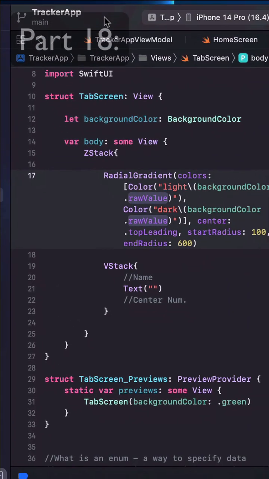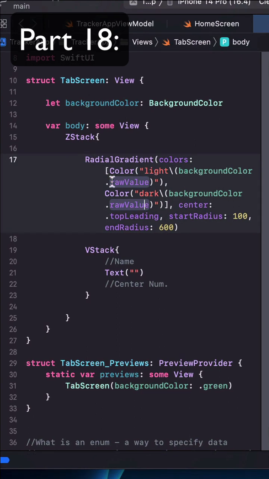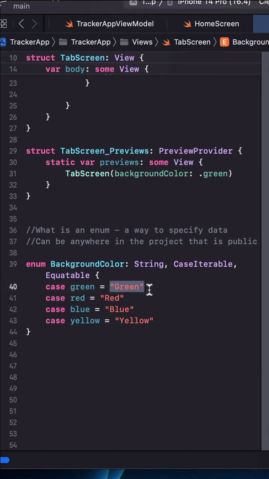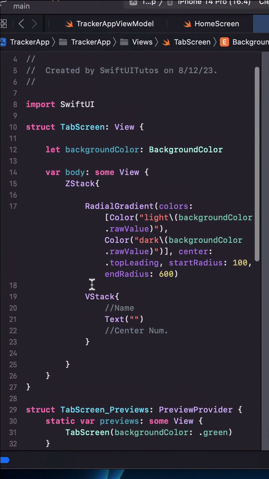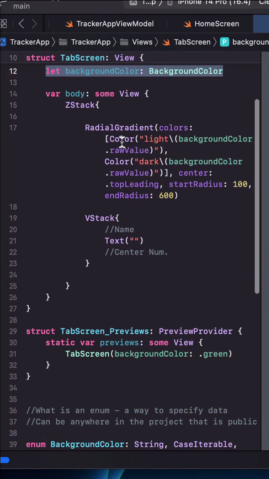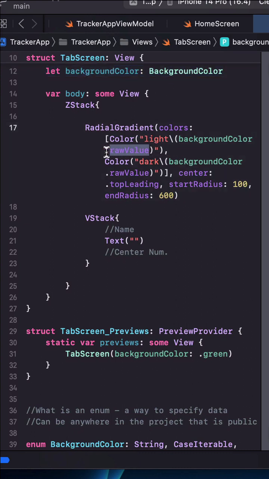Hey guys, I just want to make this video to kind of recap what we've been doing over the past couple of reels. So we made this enum which conforms to type string and allows us to specify a string for each case that we have. We also made it so that we can accept a parameter of this background color type in our tab view. And so this radial gradient is basically using that value to get the string using this .raw value